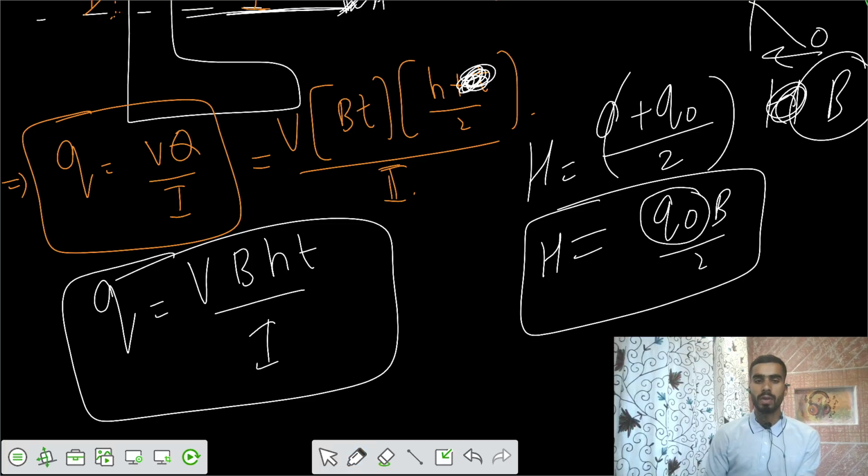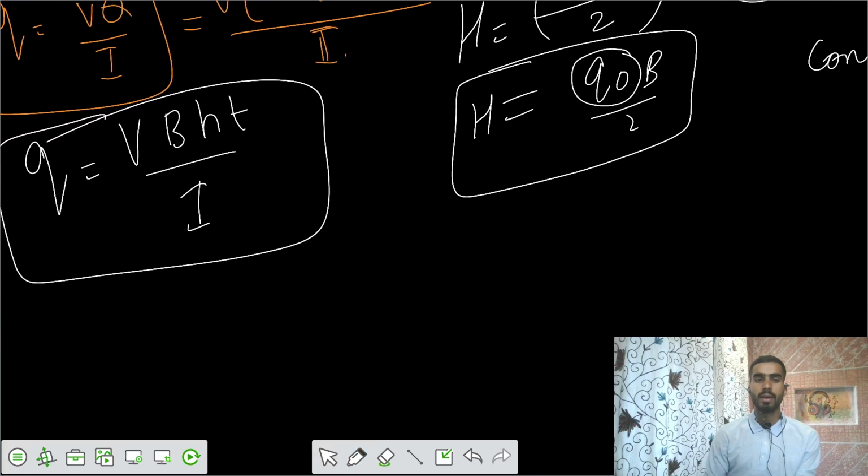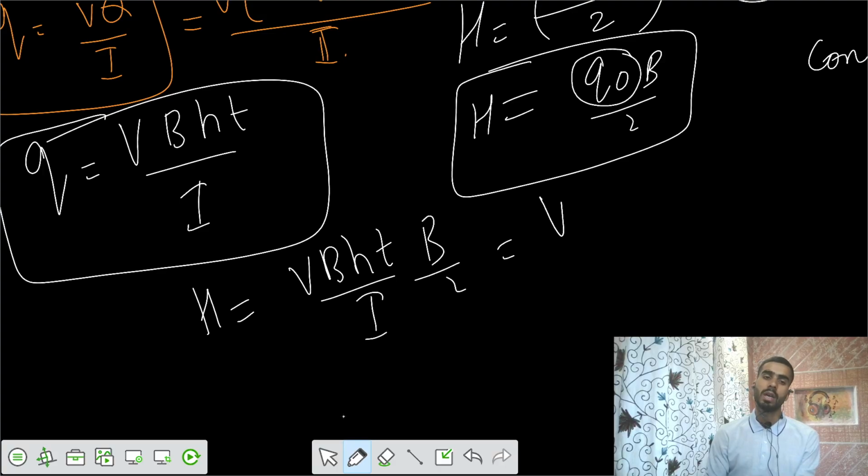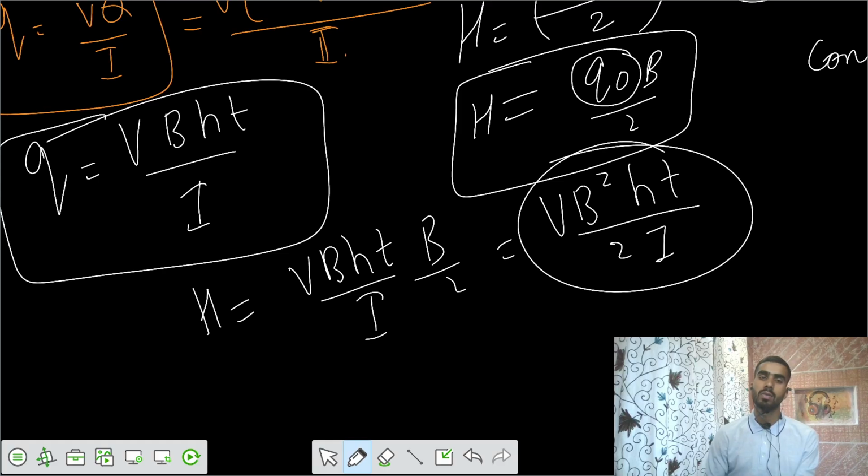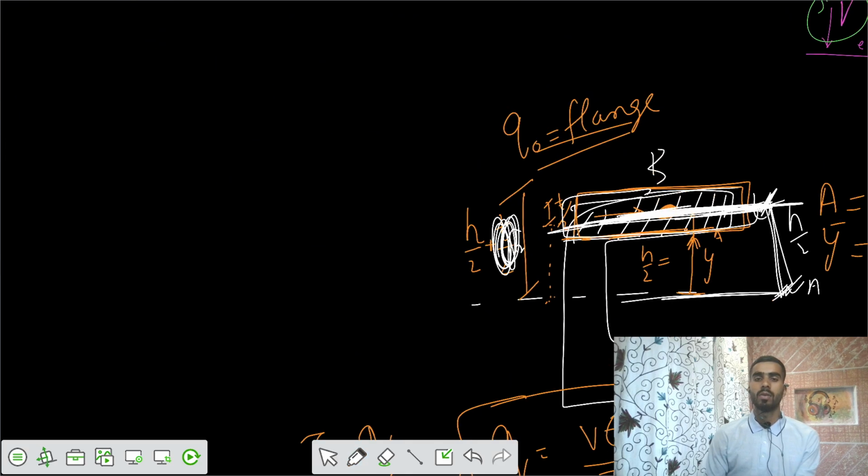Yeah, we got this value of q. Let's have that final value of h. So final value of h equals vbht by I into b by 2. So we got a value of vb square ht by 2I. Yeah, vb square ht by 2I. Now from that summation of moments,